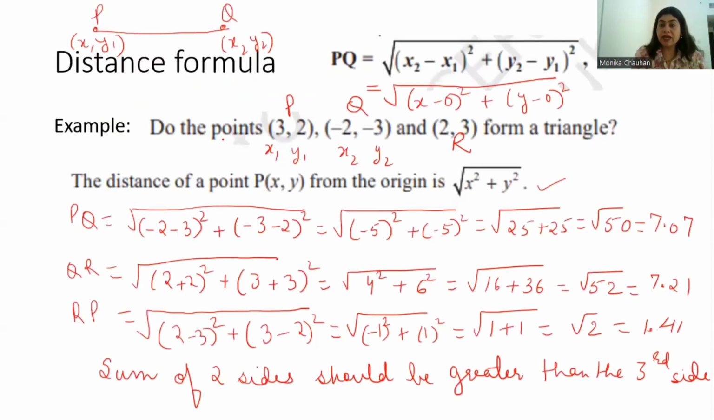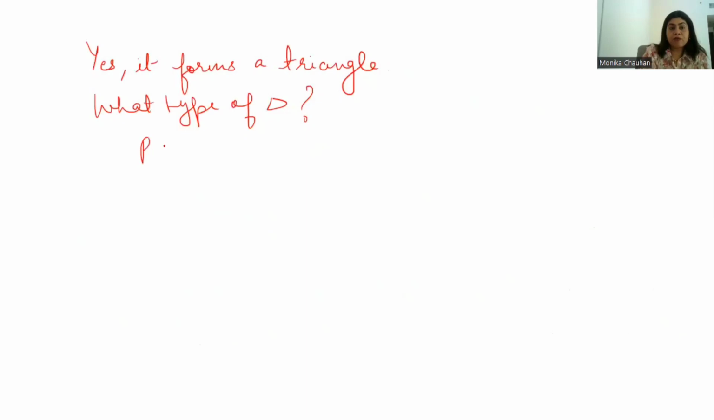So I have to go back again and check. Is it something related to Pythagoras theorem? Do you remember the converse of Pythagoras theorem? The sum of the squares of two sides should equal the square of the third side. If it is so, the answer is correct. So if I see PQ and RP, root 50 and root 2, if I square them, add them and compare with QR, is it the same? If I add, the answer is yes, it becomes root 52, exactly the same. So PQ square